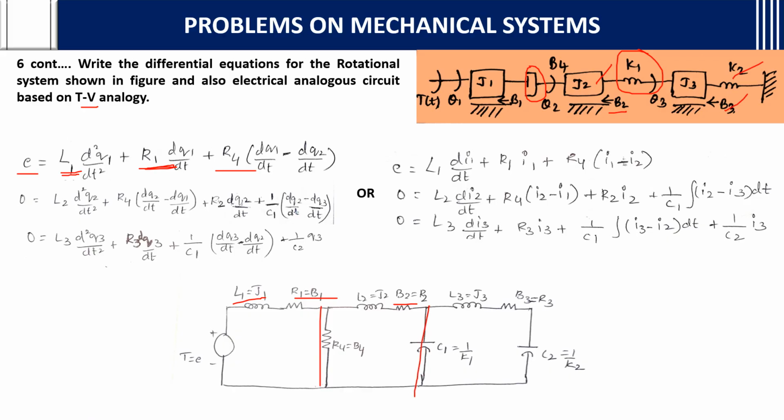Again B3 and L3 for J3. L3 will be equal to J3, B3 will be equal to R3, and if you can see B3, J3 and K2 will again become like this. So keep this in mind, how to draw the electrical analogous circuit for the mechanical, rotational or translational system. Same way,